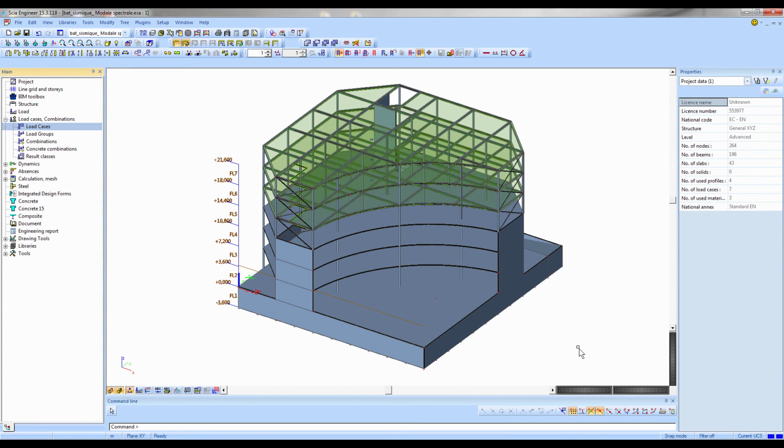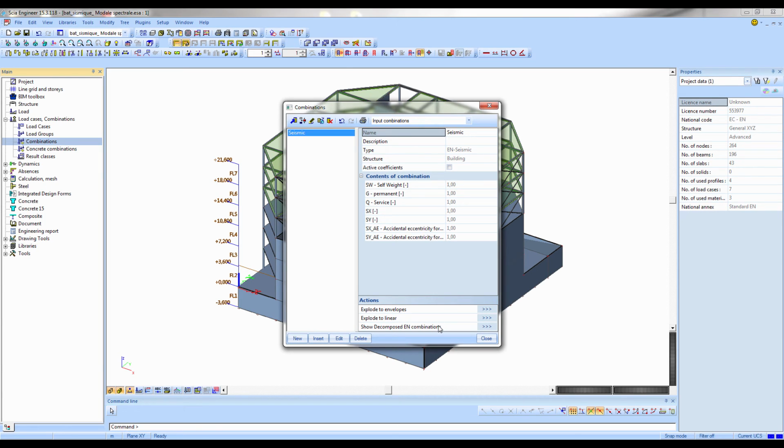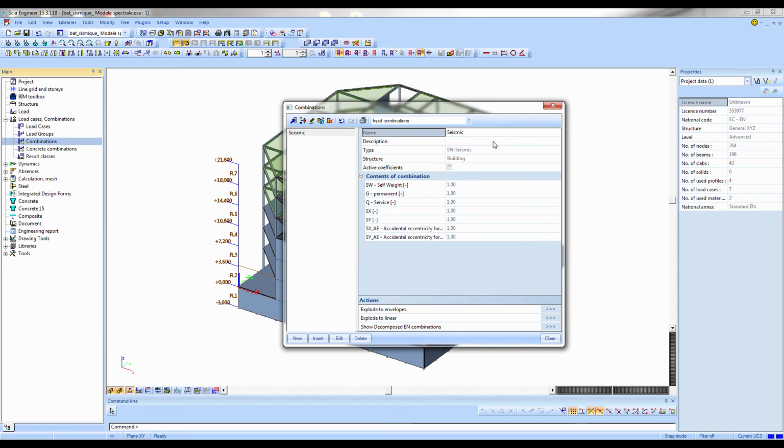Okay, so now I have to create my combinations. I will go to the combinations menu. I will create a new combination, Seismic for example, and for type I will choose the EN Seismic in order to use the seismic combinations according to the Eurocodes. And I will add all the loads that I want to consider. As I previously stated, for example, this combination will be used for internal forces,